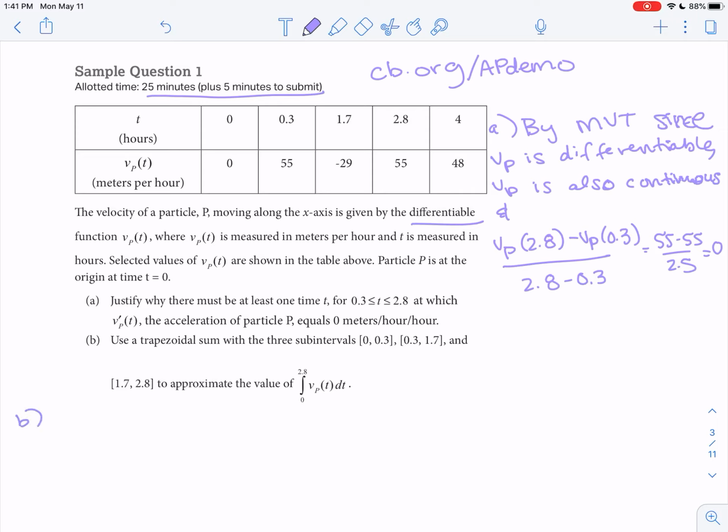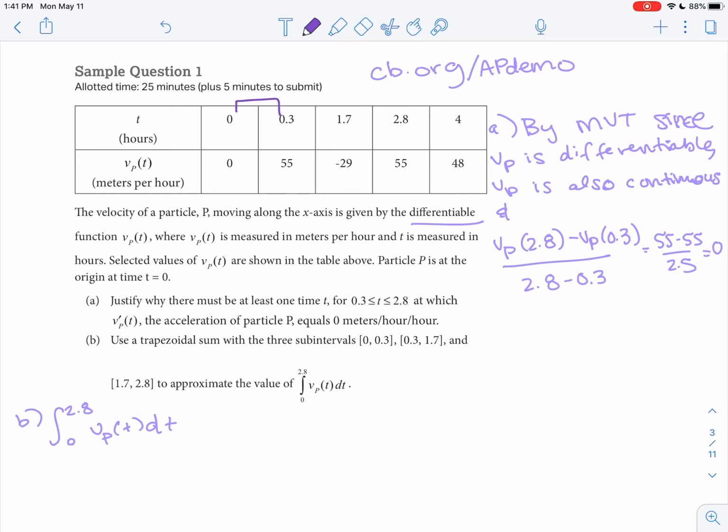It says use a trapezoidal sum with 3 subintervals. And they're telling us the subintervals there. It's the same ones on the table. To approximate the integral from 0 to 2.8 of v sub p of t dt. Notice we're not going all the way to 4. So I'm going to go